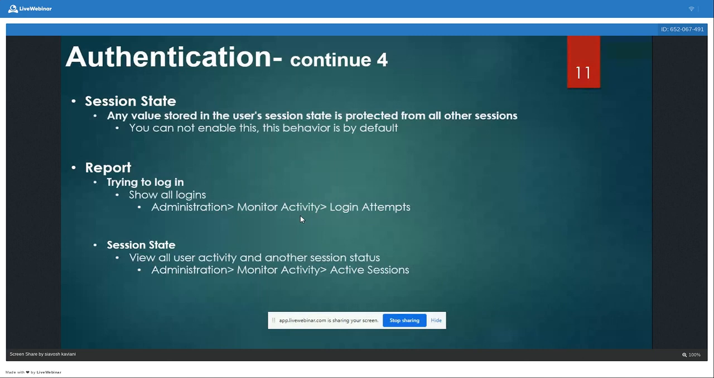Report features: if you want to see who is trying to log in, it shows us all of the logins. How can we set this? You can go to administration, monitor activities, and login attempts. You can see this without any application, directly in the Oracle Apex menu. You can use this report and watch all of the login attempts. In the login attempts, we have a lot of information about the logins: where they are, when their session ended, and their IP, their ID, and general information about the